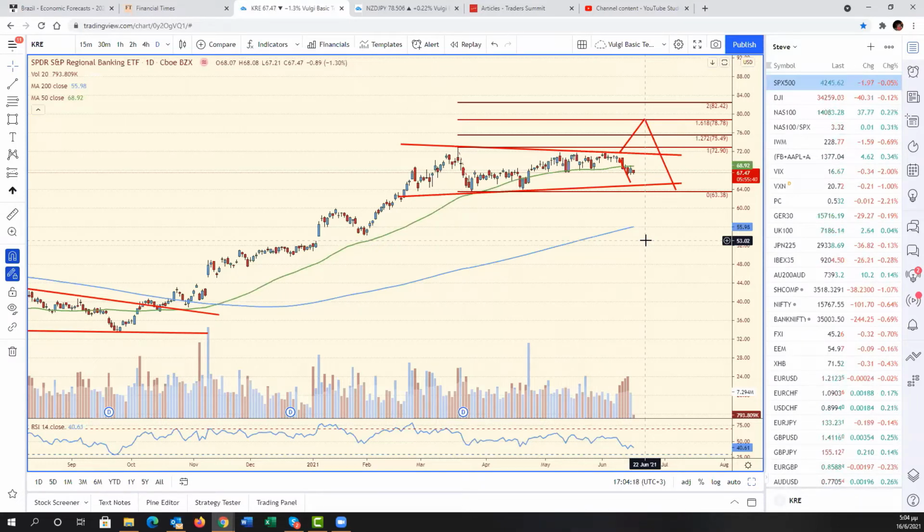So once it breaks out higher or lower, I still favor the upside break. It's going to probably accelerate in that direction. So breakout trading in these situations most times is a good approach to the market. I think it's a good trading opportunity.